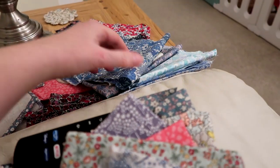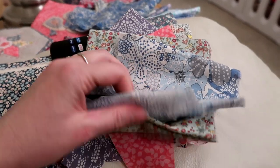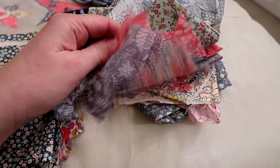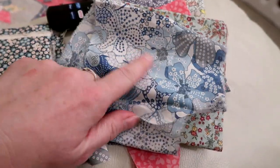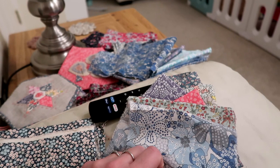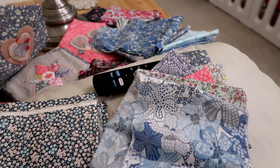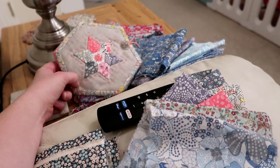I bought a load of small pieces of Liberty print fabric from a shop called Alice Caroline, at the Festival of Quilts, and they had some small pieces for £1, so that you could purchase lots of little pieces if you did a lot of English paper piecing like I do. So there we go. I've got one of my cases with my scissors and that in here. If anyone's interested, I did do a tutorial for this case, and I'll leave a link for that in the